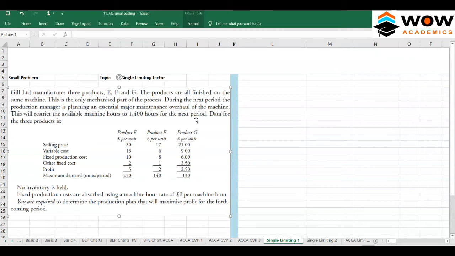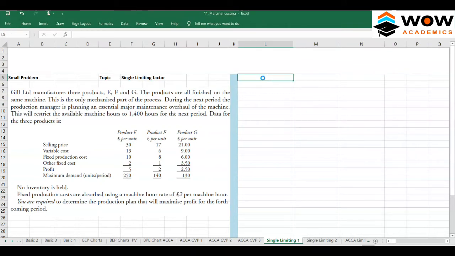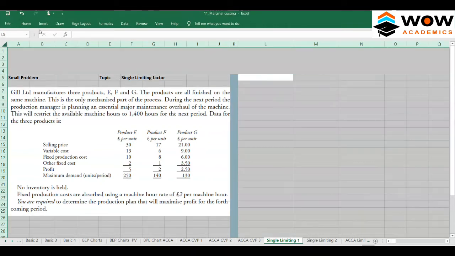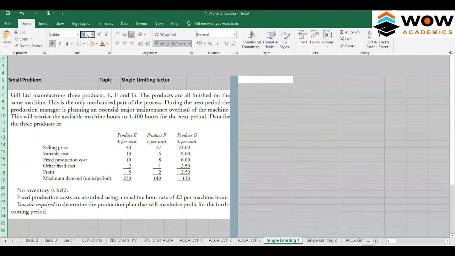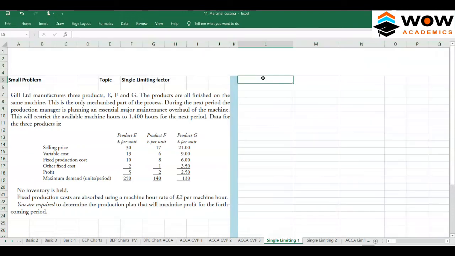This problem is usually similar to the overhead absorption problems. If you have a good idea about overhead absorption problems, these are quite easy. Even if you are not aware of overhead problems, we can still do this. We have to first set up a table. So the table would be like,